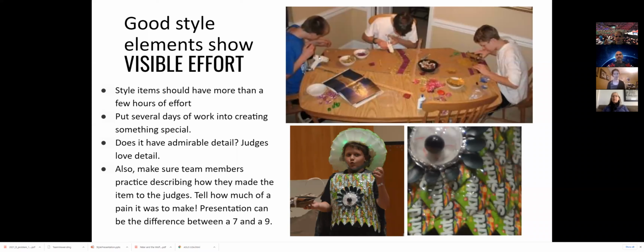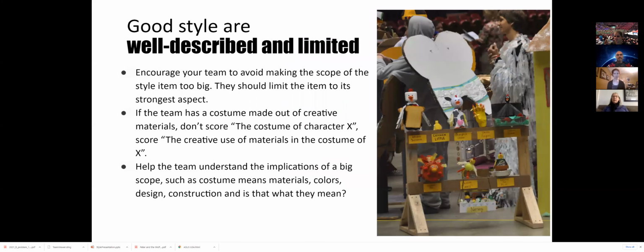Right. So for instance, in this upper panel, you see them working on individually gluing beads on a giant sarcophagus lid. Each little bead is glued individually with the glue gun. So clearly they're spending hours and hours, and they have a picture or reference material here that they're making this from. So just again, to give you an idea of the kind of effort that some people put into their style elements. I have a question